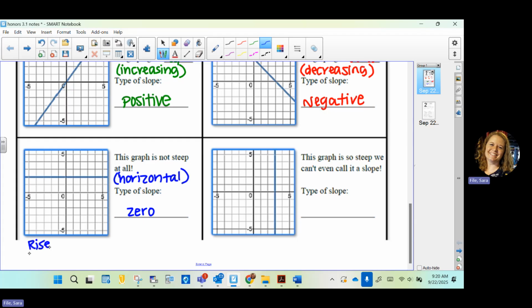And to help you understand, if I try to count my rise over run, let's see what that would look like. If I pick any 2 points on here, I could pick any 2, it doesn't matter. How far up or down do I go between those? What's my rise between those 2 points? 0. Okay, and what's my run? Why is my pen not working? The run could be anything. In my particular example,